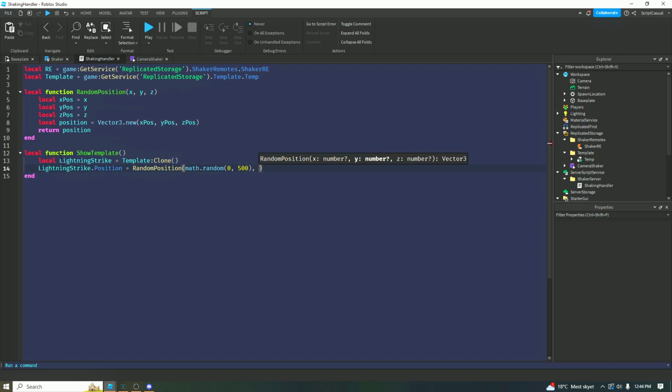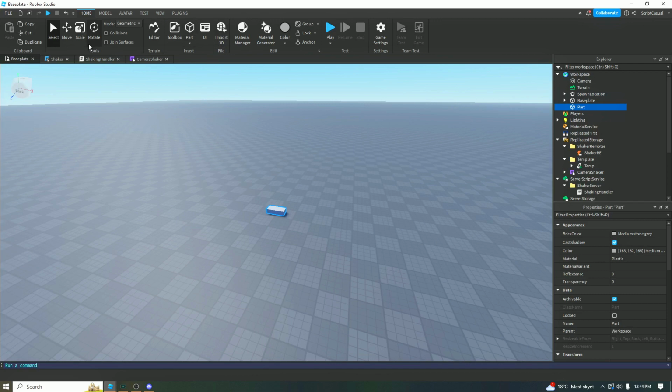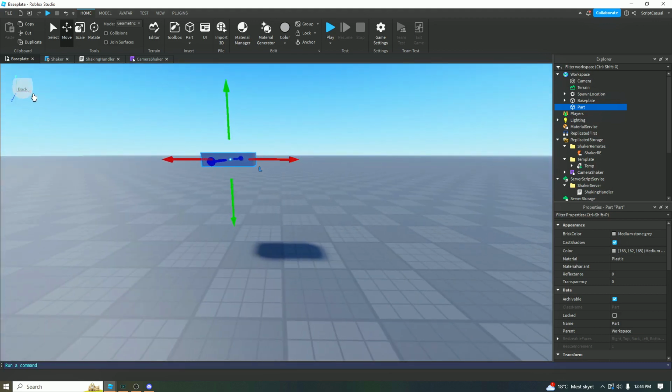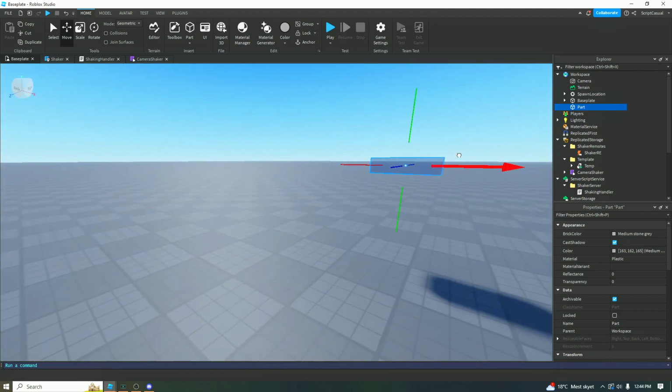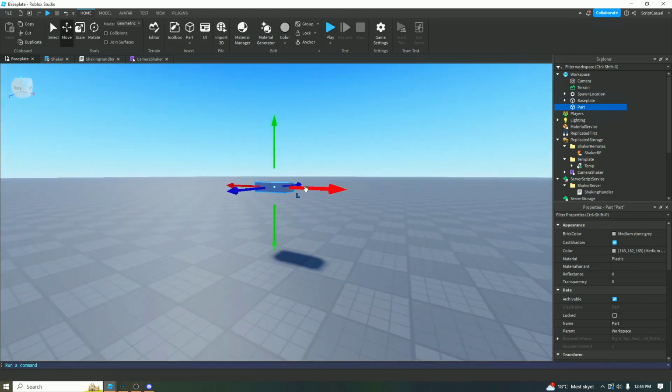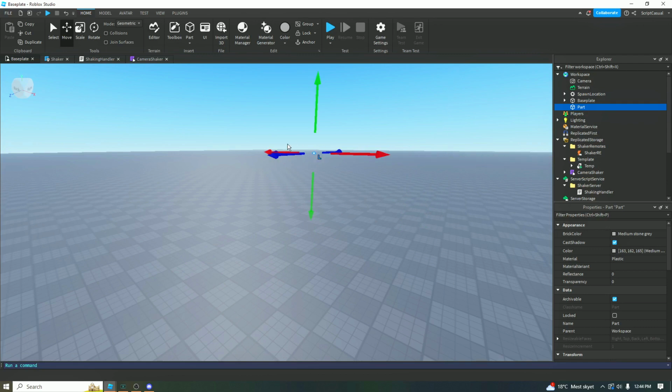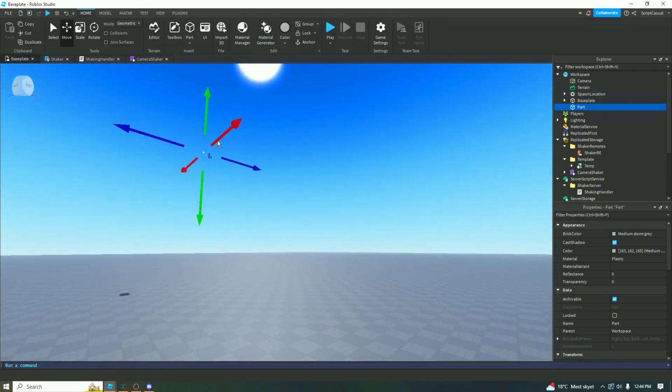Then on the y-axis you can do the same thing, but I want the lightning strike to always hit the ground because it hits the ground in real life, and it's just to add realism. Like, you don't want it to be like halfway up in the air. So I'm gonna say 0, so it's always gonna be in the ground, because the y-axis is the axis that goes up and down like this. And then you can see the red axis, which is the x-axis. So this is the x, and then this is the z. So the x and z, we can basically do whatever, because that's gonna be like on the ground somewhere like this. It can be anywhere here, but the y-axis, then it's gonna spawn like up there, so we don't want